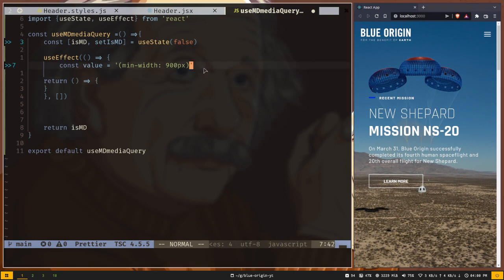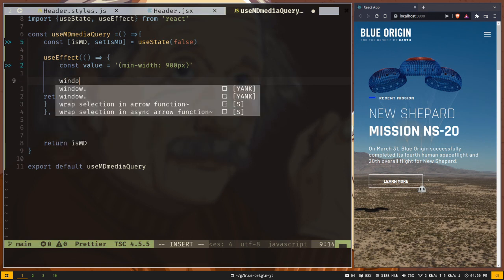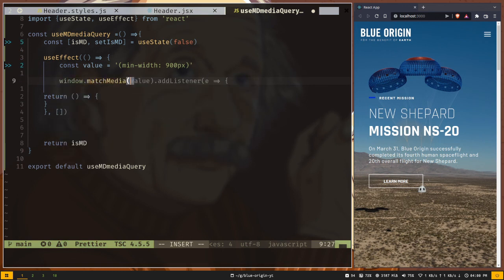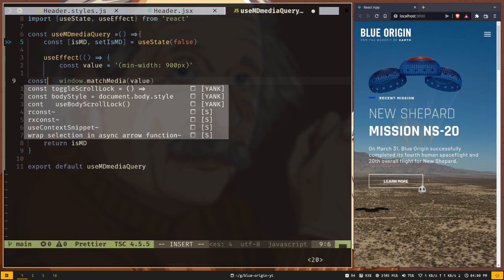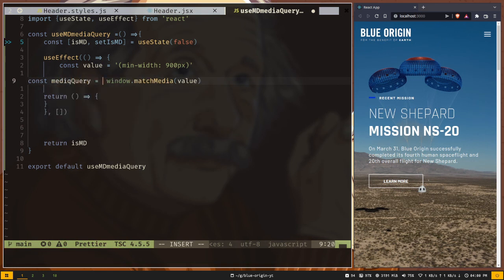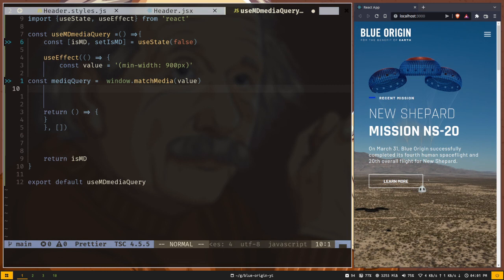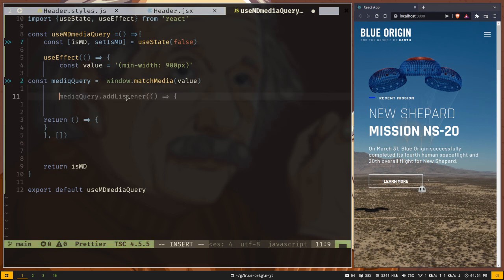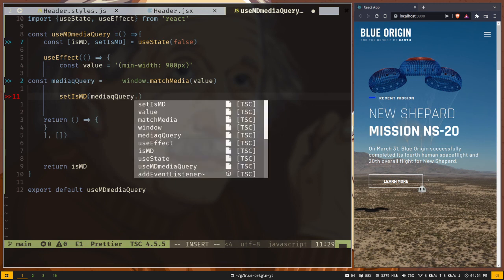So we have to call the matchMedia method from window object, so window.matchMedia, and we need to pass the value here. This will return us an object, so let's store that, const mediaQuery. This media query is an object and it has a matches property. It can be either true or false. If the screen size is less than 900 pixels, then matches will be false. If we are more than 900 pixels, then matches will be true. So we're gonna set the state, so setIsMD mediaQuery.matches,